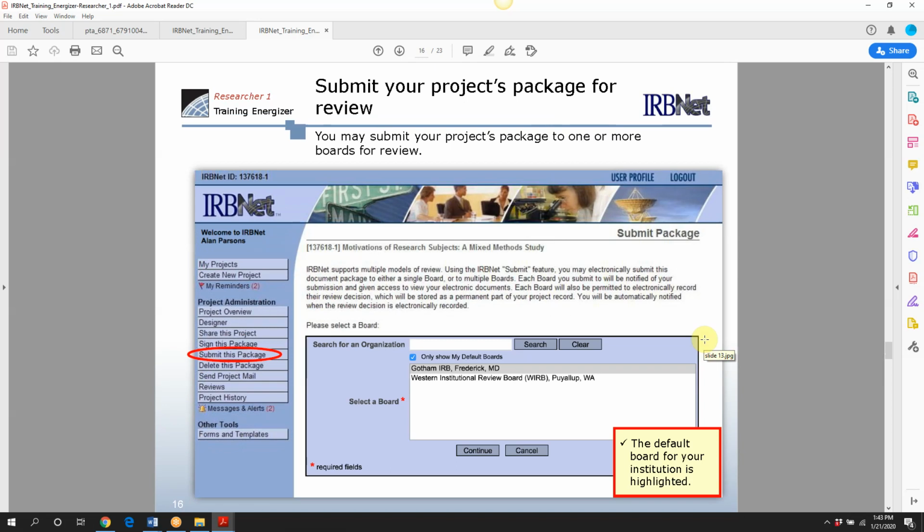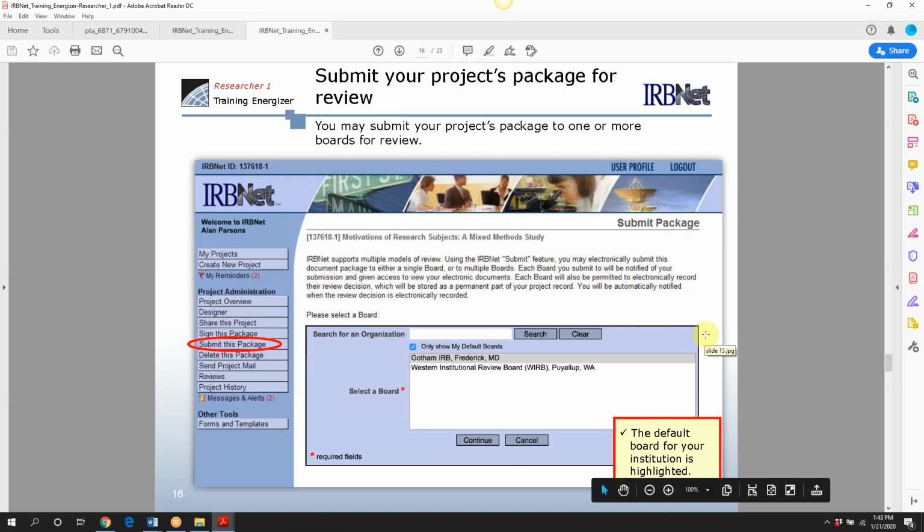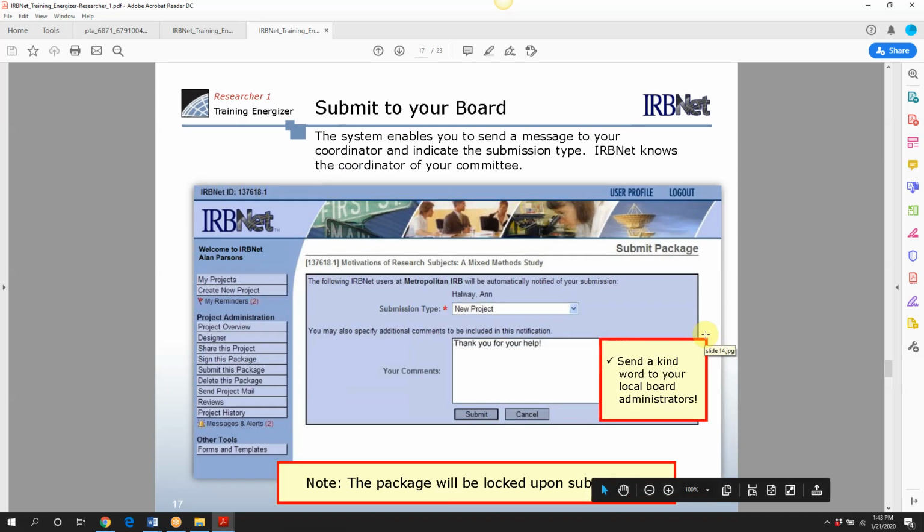So once that's done, you're going to submit your package. So you're going to search for your organization, and we only have one board that pops up. It'll pop up Molloy College IRB. You'll highlight it, select it. That means select the board, just highlight it and click continue. That's our default board. Okay. And then